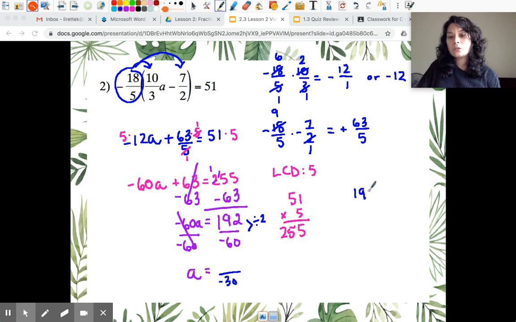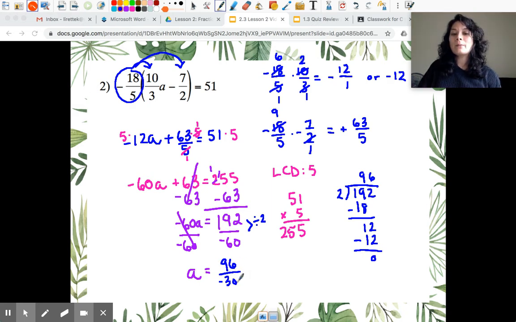192 divided by 2, I might need to do a little bit of work. 2 goes into 19 9 times, giving me a difference of 1. I bring down my 2. That's a 12. 12 divided by 2 is 6. So I get 96. They're both still even, so I could divide them by 2, but